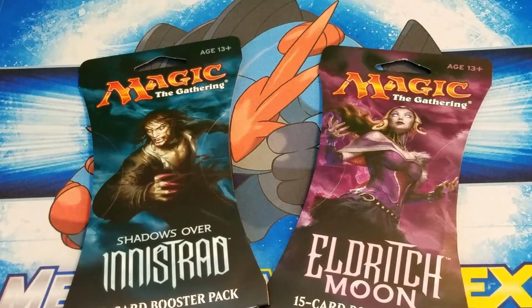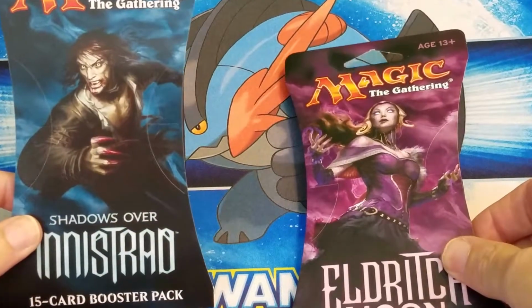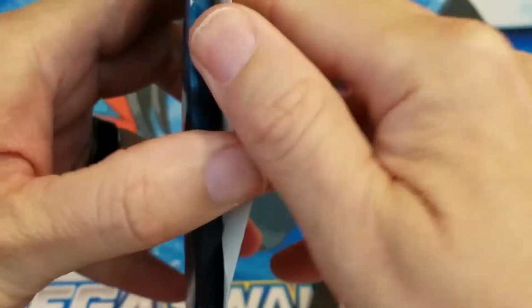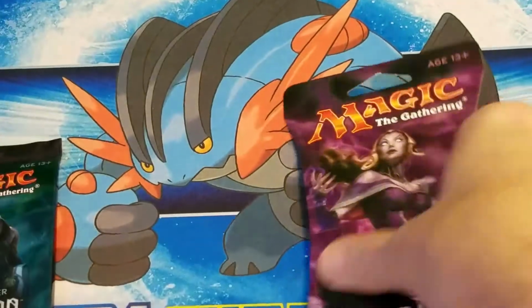Sunday, Sunday, Sunday. Alright, it's not Sunday, but tonight's staged event has Magic the Gathering's Shadows over Innistrad. Let's see what we got here. It doesn't say. It is also 2016, but there's no flavor text. Maybe there's flavor text on the booster. Nothing. Nothing to tell us what this is about. We have 15 cards, age 13 plus, and his opponent,